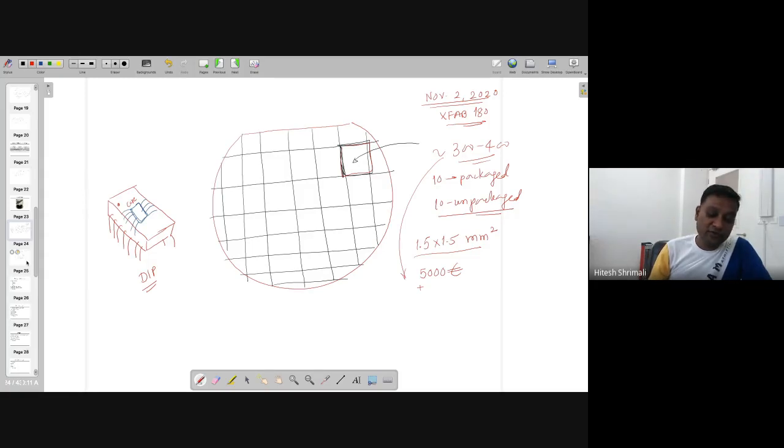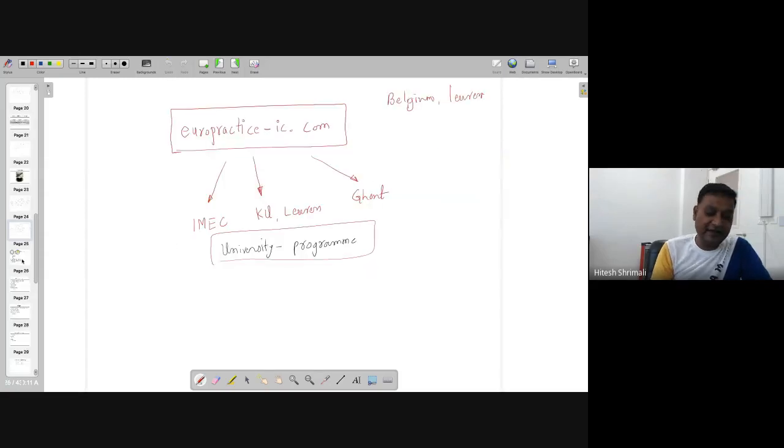And if you want to prove something on VLSI design or IC technology, what you need to do, you need to fabricate this chip, or you need to give this chip to someone who can fabricate it. In the entire world, there are very few people who are actually fabricating the chip. You know about the Silicon Valley, right? Where there are various labs, Qualcomm, Intel, all these people have their own foundry. There is one more in Europe, it's ST Microelectronics. One is also in Europe, it's called Austria Microsystem.